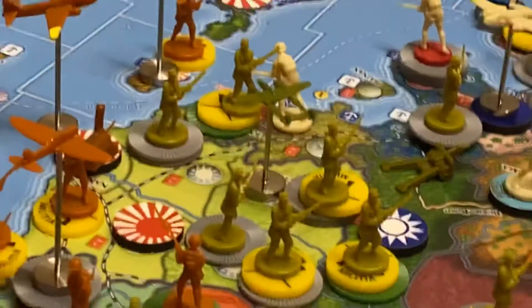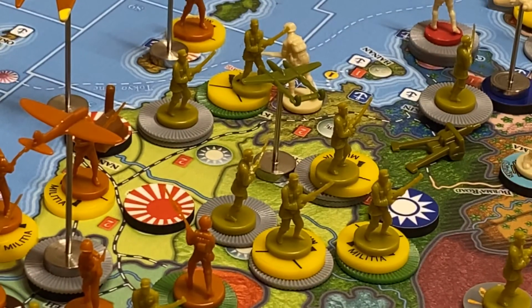Okay, and then as long as we're on this side of the map, we'll tilt down here to China. Chiang Kai-shek built an artillery and a mountain infantry, both of which are going to go in Yunnan. So I need... No, I don't have it. I cleaned up my table a while ago and put a bunch of stuff away, and now I don't have any chips out, so...